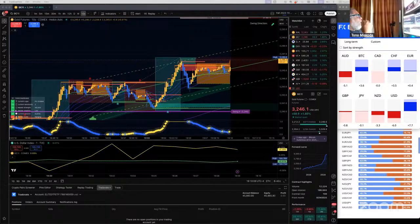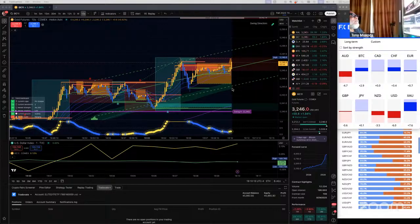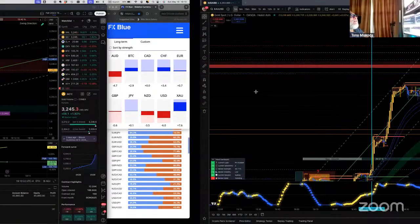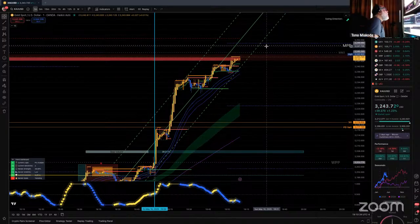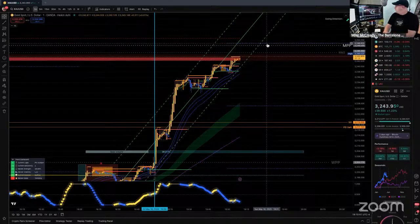It's kind of died off, right? Yeah, it has. Look at the 1 minute and the 5 minute ATS. On this 1 minute, it's trying to push up, but again, there's a lot of resistance there, right? What you see here is this big resistance. I have the WM3 right above that. It'll be interesting to see what happens when price hits that. Then I got the MPP just 3 pips above that, and right above the MPP, we have the